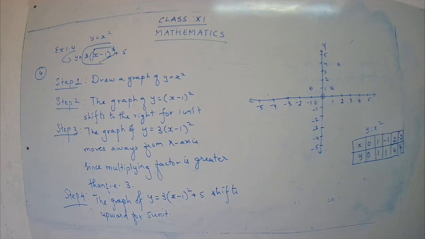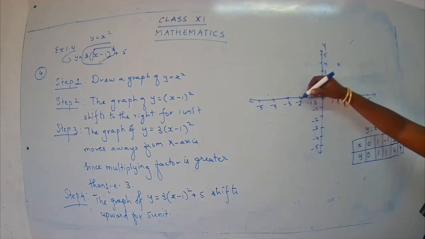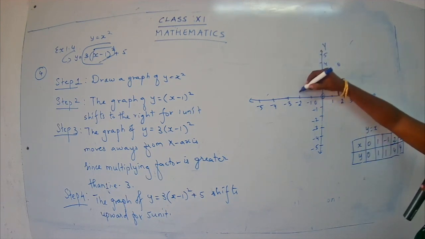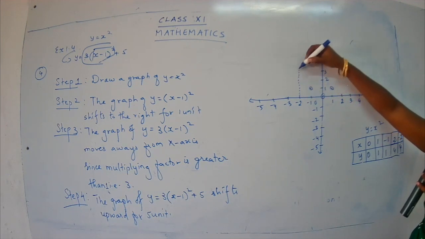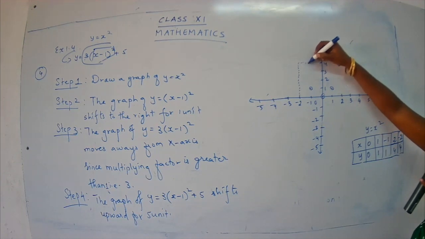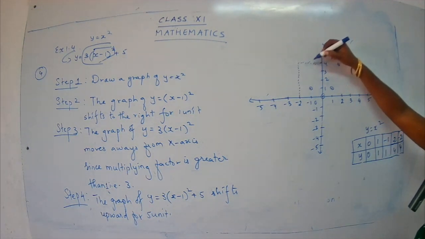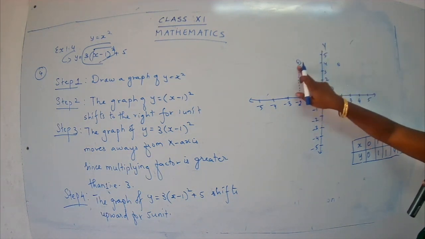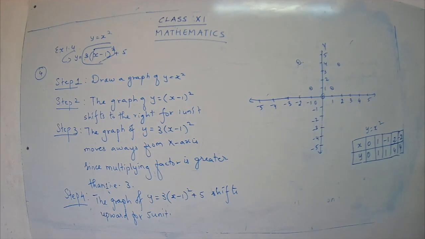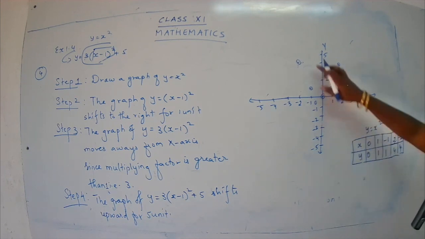No problem. 2, 4; -2, 4. So -2 and 4 is somewhere here, yes? So just try to plot it. Your graph will look neat because you are going to take an appropriate measurement, yes, children? So just put here -2, 4. Okay, done. So we have just plotted the points -2, 4.